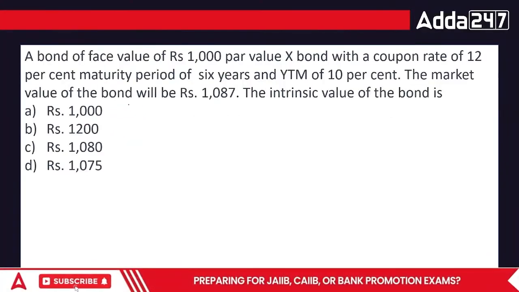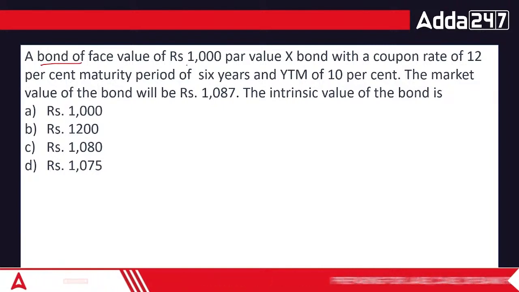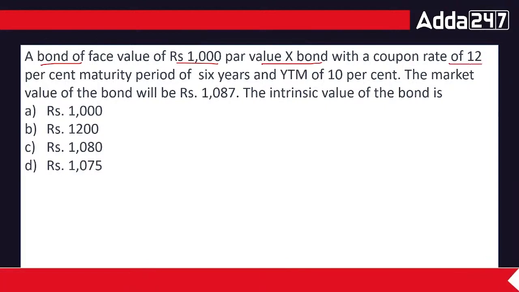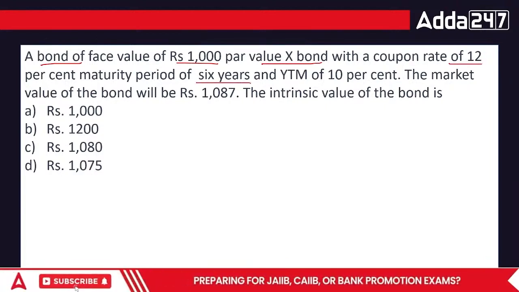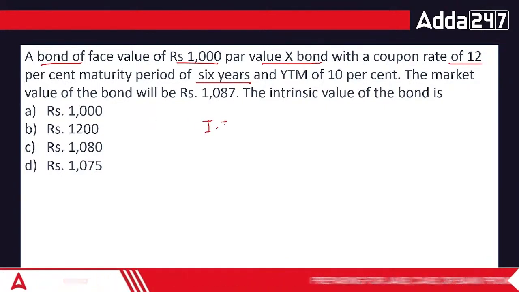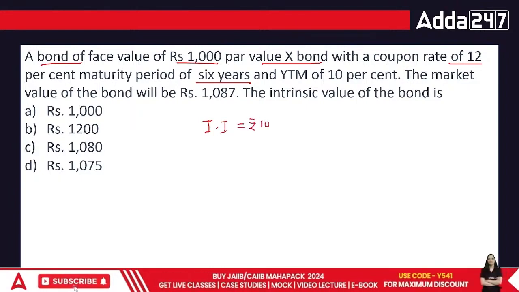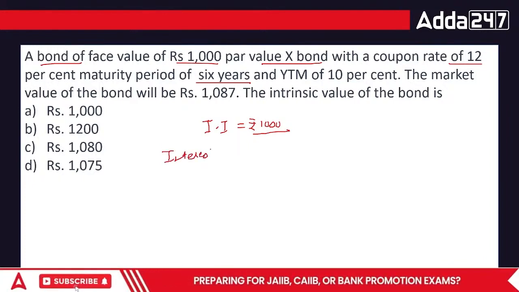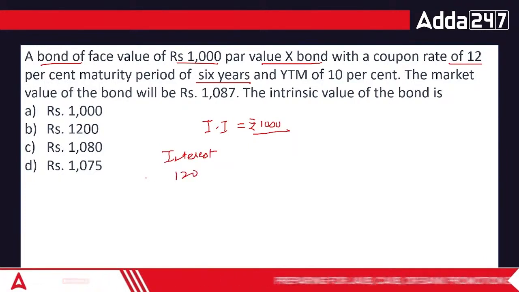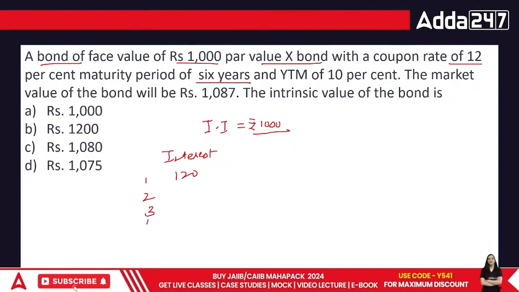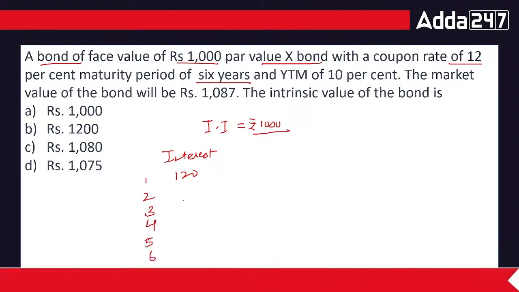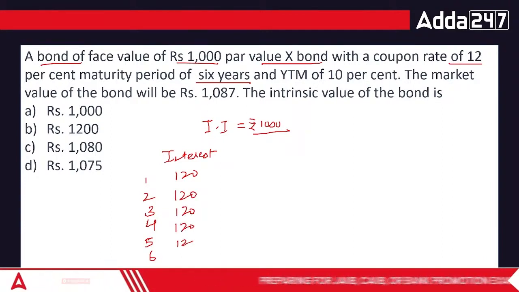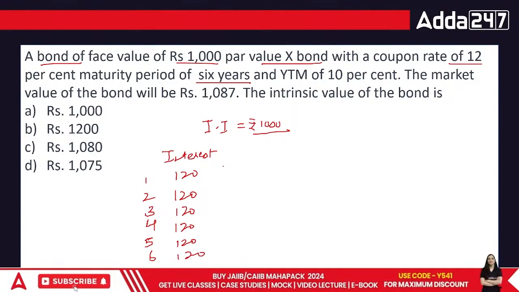Okay. A practical question. A bond of face value 1000, with a coupon rate of 12%, maturity of 6 years. The initial investment is rupees 1000. Then we have interest. How do we define interest, everyone? It is 120 for 6 long years. 1, 2, 3, 4, 5 and 6. This is 120 for 6 years and the YTM is